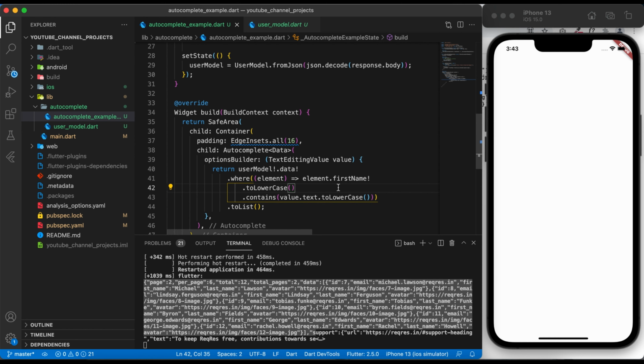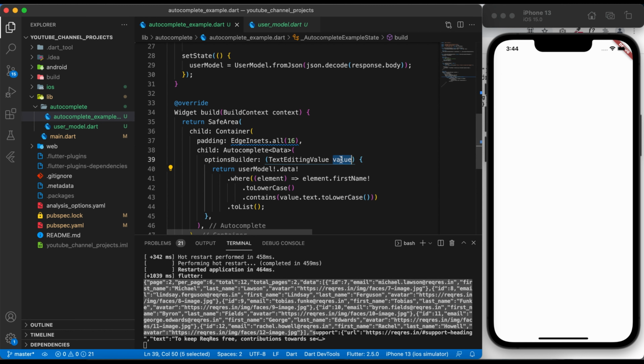As you can see here, I iterate through the data which is present in the user model class. It will check whether the element's first name contains the value which we are typing.